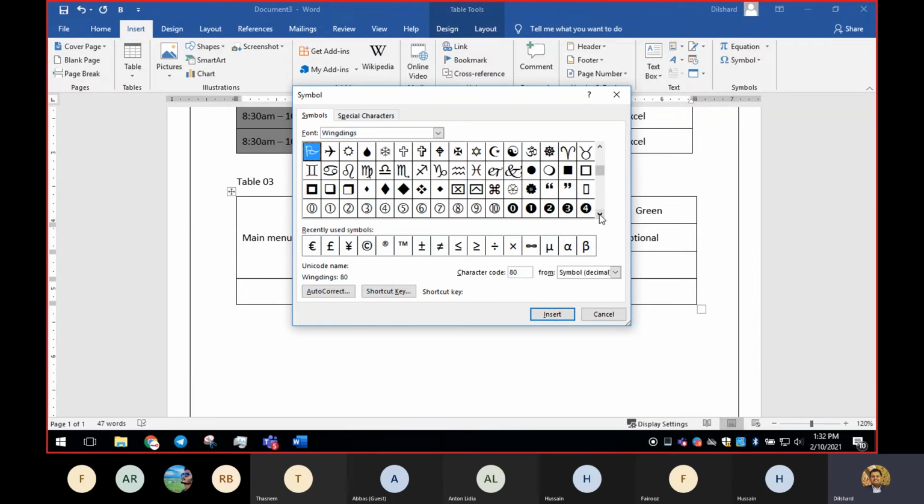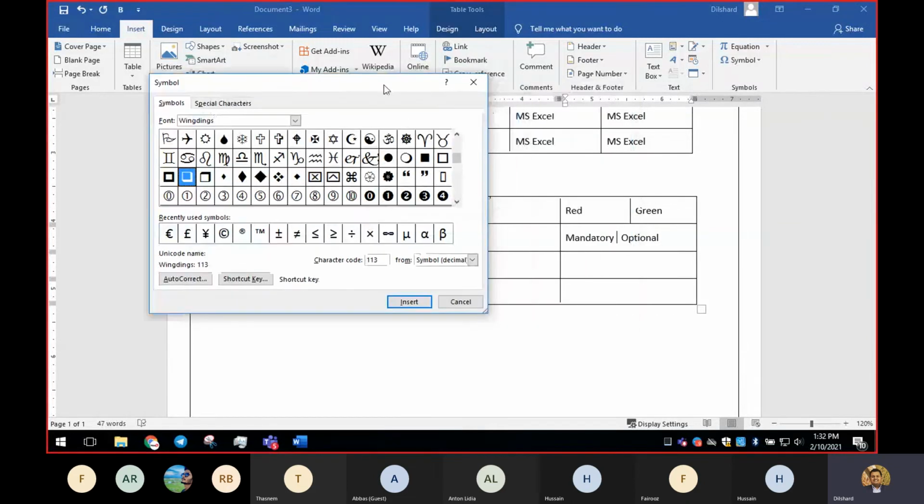Here you will find those two symbols. I'm going to select this, and if I click insert, this will be inserted to the place where you kept your cursor, right? I have my cursor here, and when I click insert, this will be inserted here.